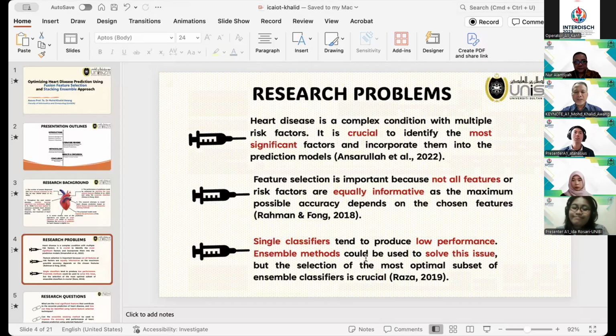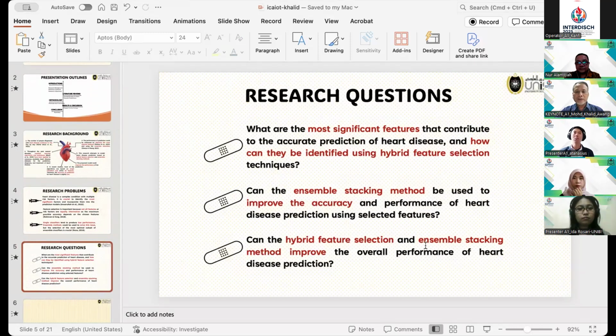Okay. And the third point is that most of the researchers tend to use a single classifier such as multi-layer perceptron, naive Bayes, decision tree, and so on. And then we would like to combine them by using the ensemble method. So the ensemble method is a well-known approach that has been used by previous research on how to combine classifiers from different kinds of algorithms. Okay, so this is the research question that we want to solve.